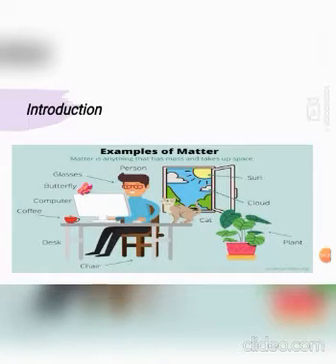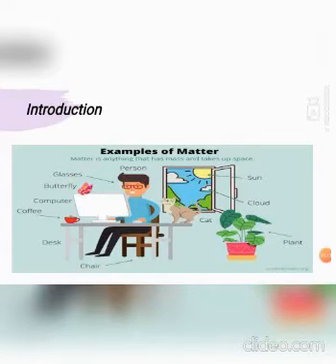Introduction. Children, just look at this picture. You can see a boy working with a computer, a cat sitting near him, a window that is open, and a plant placed near the window. Here you can observe a lot of things, right? Like a person, computer, coffee, desk, cat, plant, window, sun, cloud, specks, butterfly, etc.